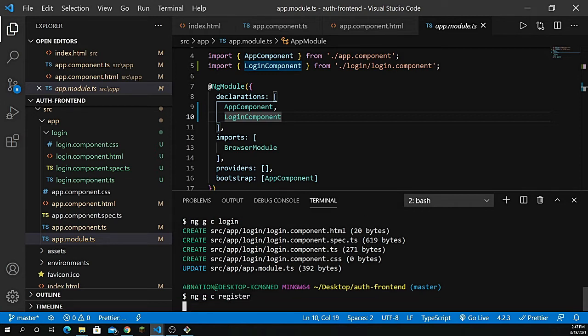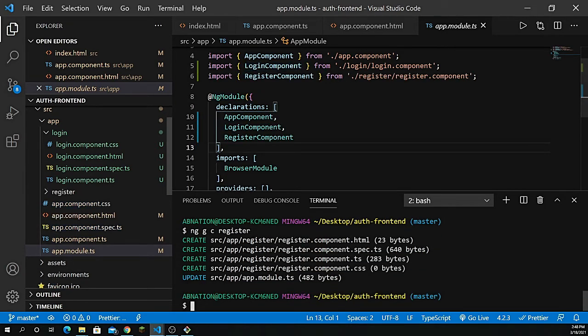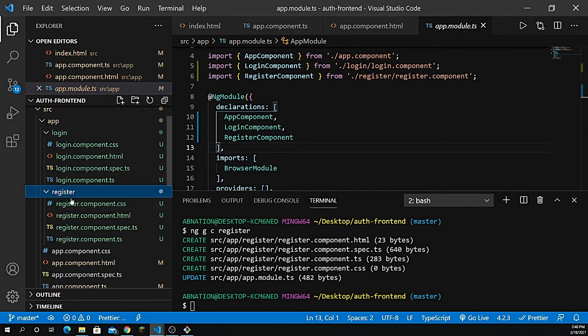And I believe not in this video, we will also create the services. That is a very vital part of this whole project. That's where we can share the data from component to services. So that's what we will do in the next video. So we will first look at the basic stuff here. So we also created a component with the name of register, and that's where we will create a very basic